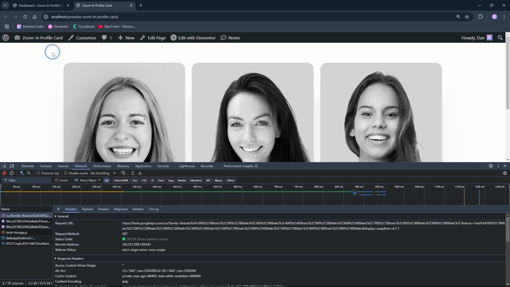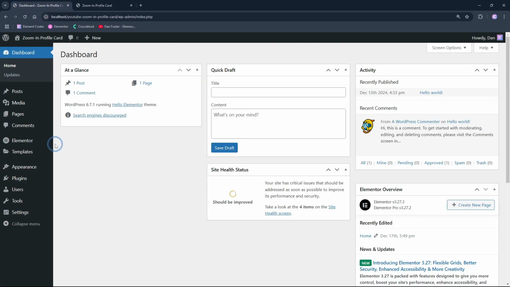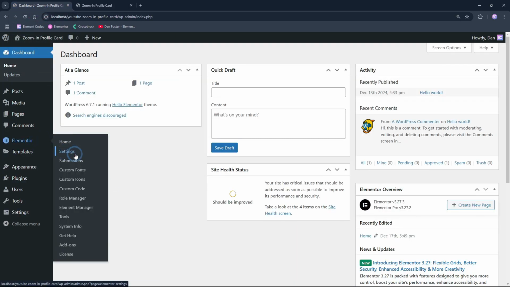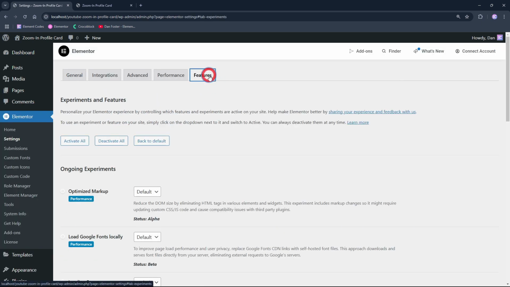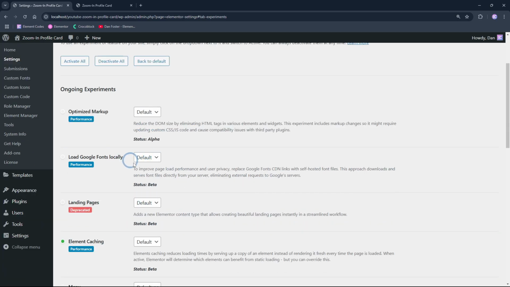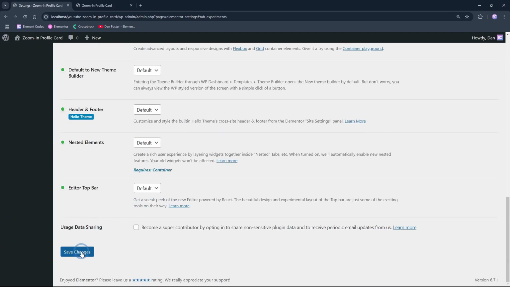So we will return to the WordPress dashboard, and here we go to Elementor and the settings option. Then we will go to Features, and under Features you can see the newly added Load Google Fonts Locally option, which in most cases is set to the default. In this case we will activate it, go down and save the changes. After saving the changes, we return to the page with the cards,